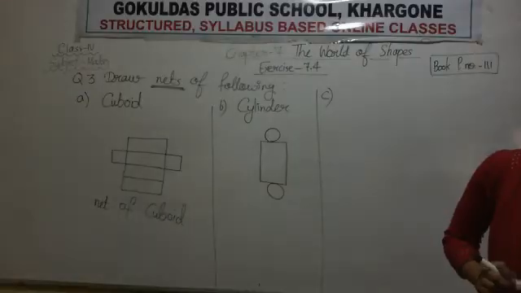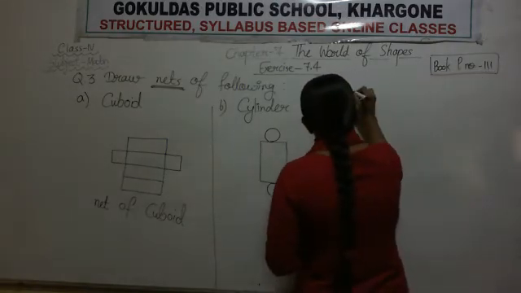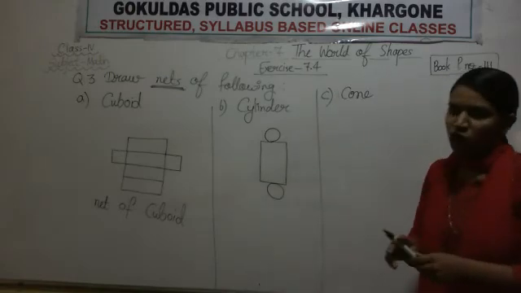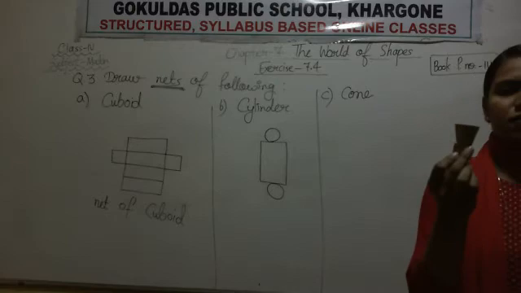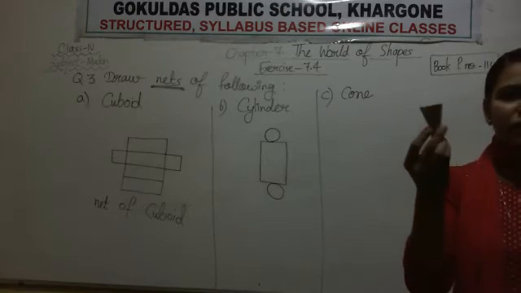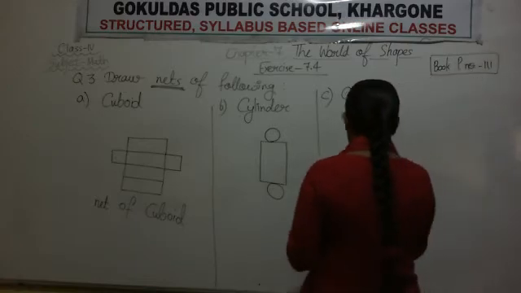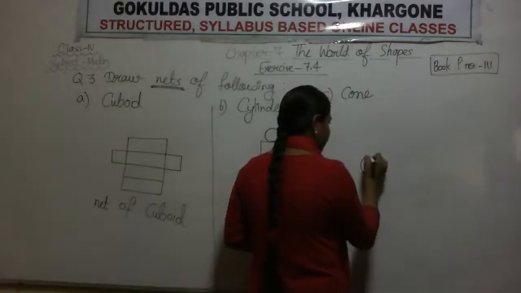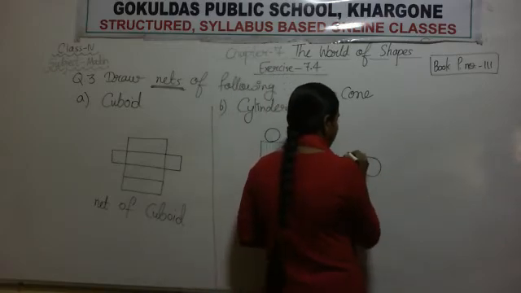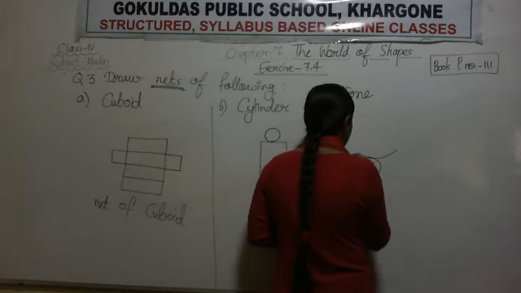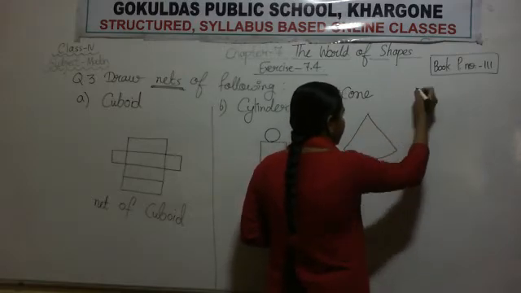Now the third given name of solid is cone. You know how an ice cream cone looks like? Just like this. So the top or base of this cone is circular. So make a circle. And this curved face, this curved upper face, we will draw like this. If you have any confusion, you can